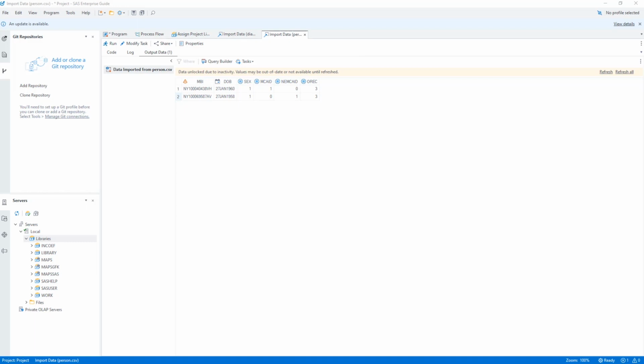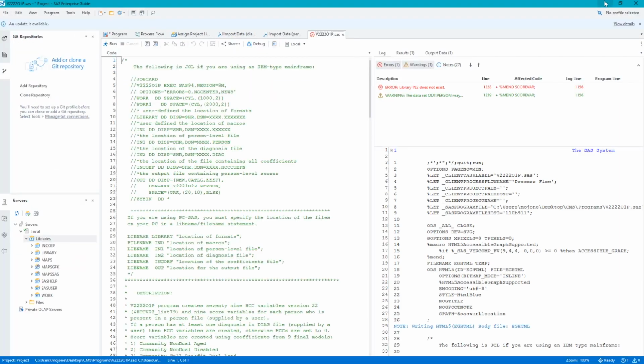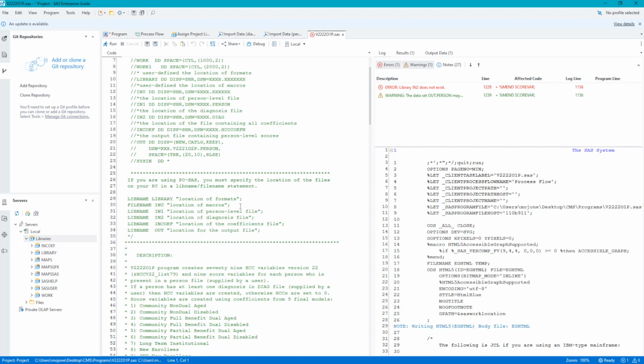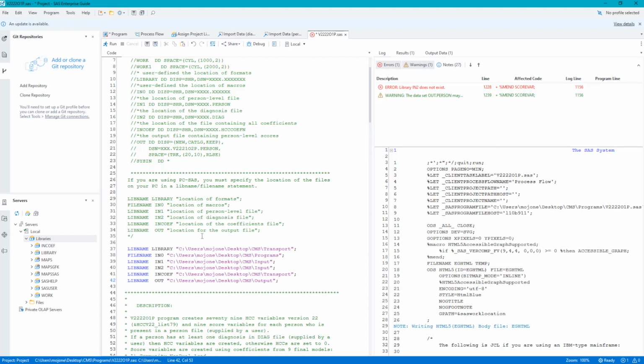The last step outlined in the description document is to update our main SAS program. This program reads the two input files and calls one central macro program that in turn calls a series of 5 external macro programs to calculate the risk scores for each beneficiary. In order to calculate the risk scores, SAS needs to know the file paths of where the input is located and where the output should go. The comments section has placeholders for user-defined file paths. I'll update these with the file paths of the folder structure we recently created at the top of this video.